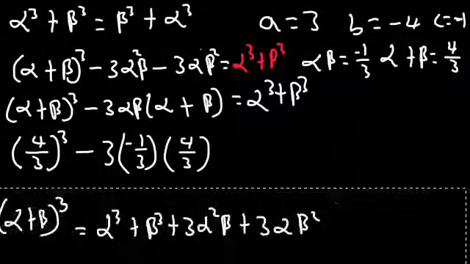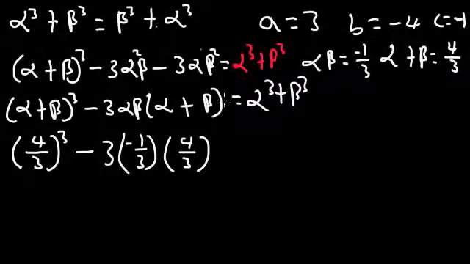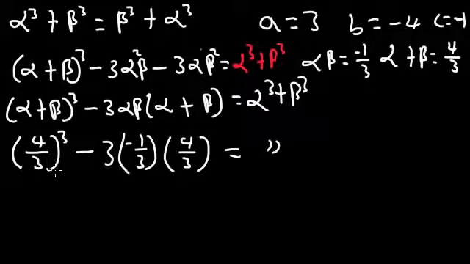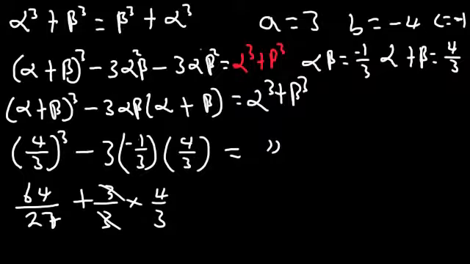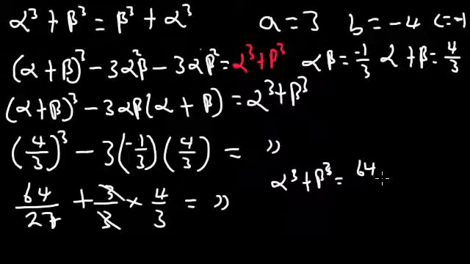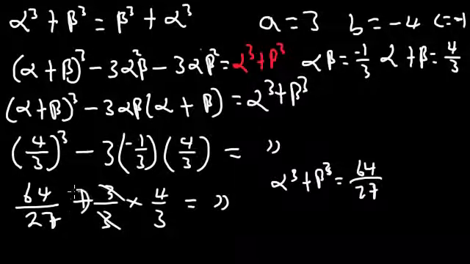So simplifying this forward, we have 4 cube is 64, 3 cube is 27, and minus 3 times minus 1 over 3 gives us plus 3 over 3. It cancels actually, and again multiplied by 4 over 3. So this cancels. Therefore, we're just left with alpha cube plus beta cube equals 64 over 27, and the sign is plus